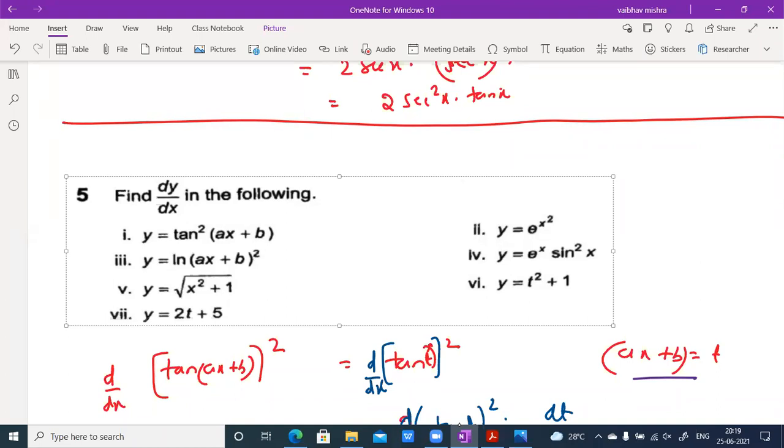Yes, Radhika, understood this first one? Yes, sir. You have PCM or PCB? PCM. Okay, then it's